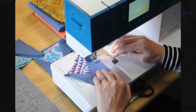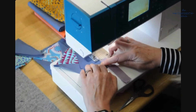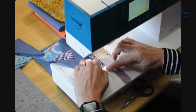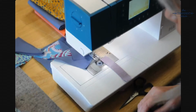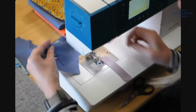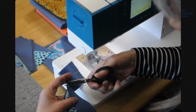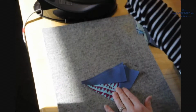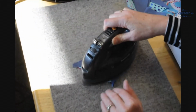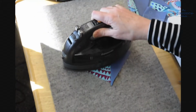And I'll just sew this one, but you get the idea that you could just chain piece the second sides on, and it really won't take too long. Gonna cut that, and then once again, I'm gonna press it toward the side triangle. So I have the side triangle on top,